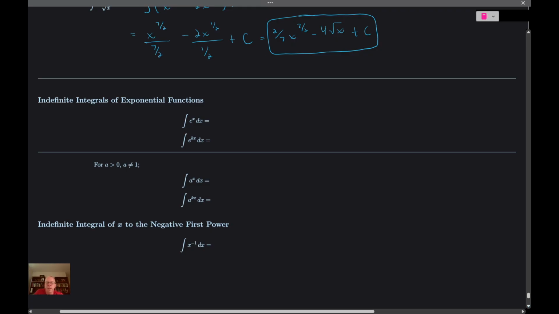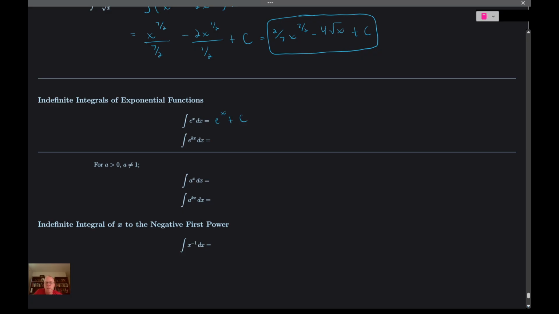So the derivative of e to the x is e to the x, so it stands to reason that the antiderivative of e to the x is e to the x plus c. Here, the integral of e to the kx, now we're going to have e to the kx, and instead of multiplying by that derivative, we have to divide by that derivative, plus c. And then if we have